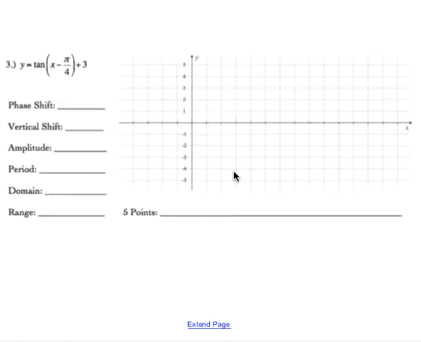We're going to take a look at this one. So y equals tangent of the quantity x minus pi over 4, plus 3. So, the basic idea here is we're going to try to figure out what some of those key features are. Remember what we talked about in class, that this phase shift is going to be controlled by this. So we have a negative pi over 4, which means this thing is going to get shifted to the